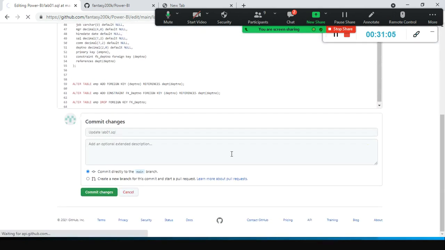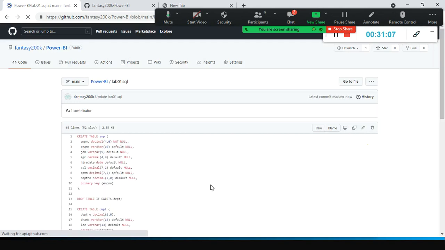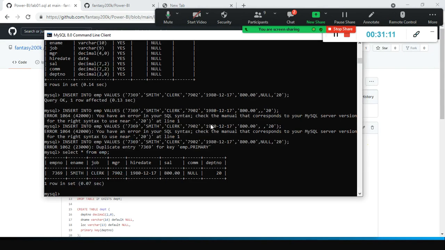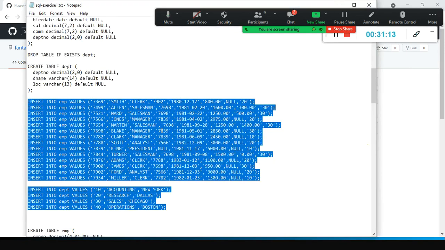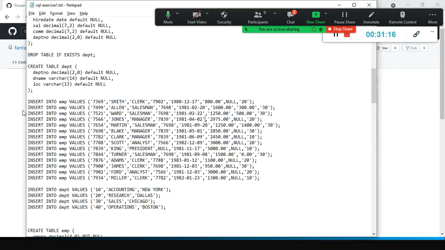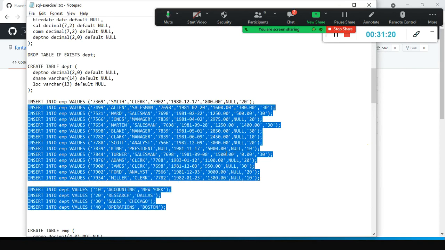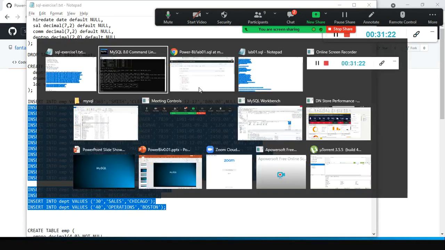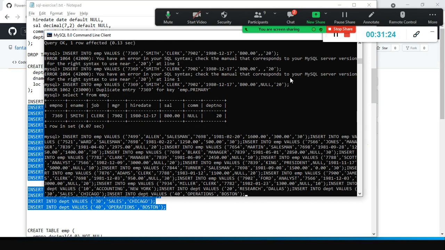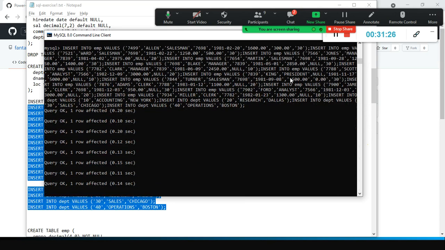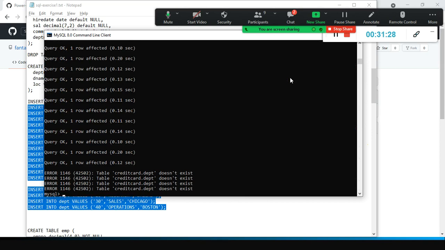Scroll down, commit changes. The github.com is meant for version control. Okay, so you will get to know when I made what changes. You will get to know that when you use version control software. In the interview they will ask you that also. Okay, they expect you to be good at the process aspect also. Look here, I just copy pasted it. Some error came, leave it.